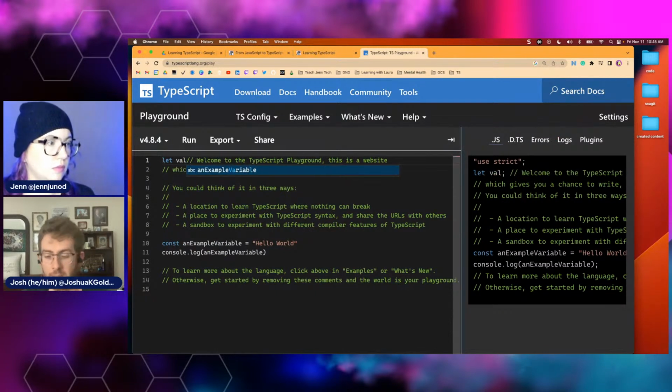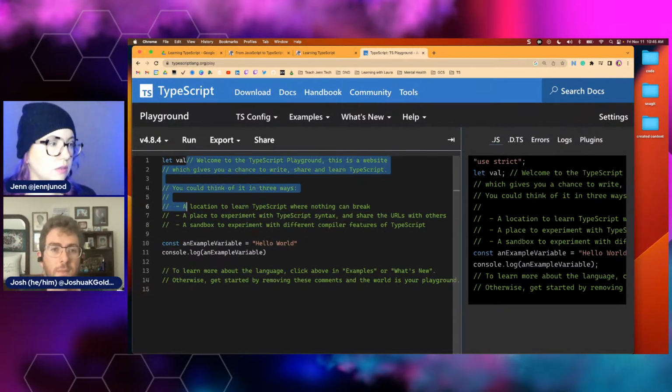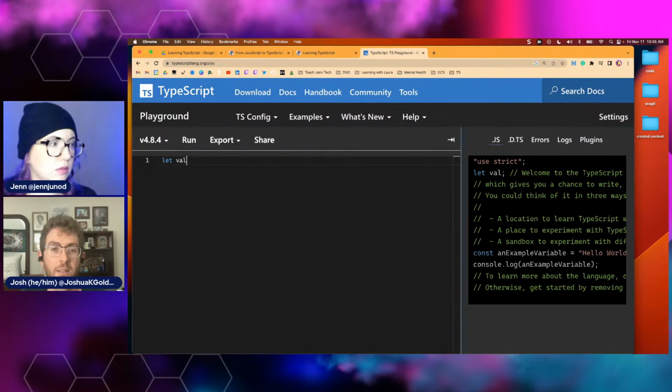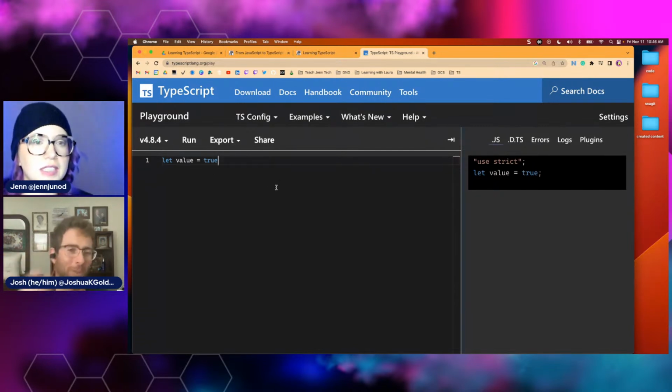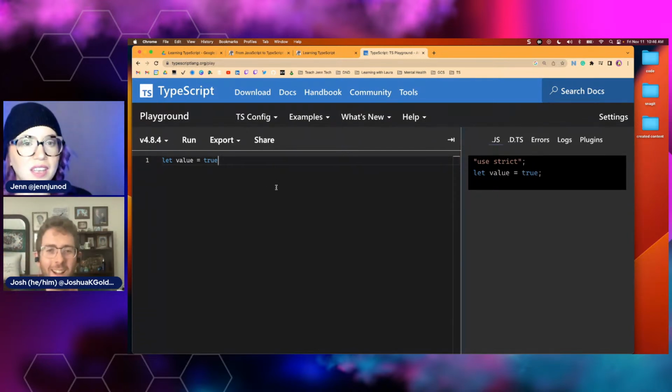And just delete everything else, I guess. Yay. Cool. I don't remember, is this... Yay. In Python, it's a capital T, and that always trips people up going back and forth. Yeah. All right, cool.